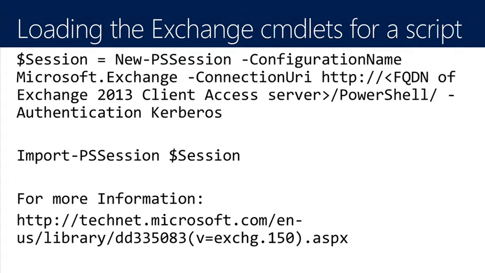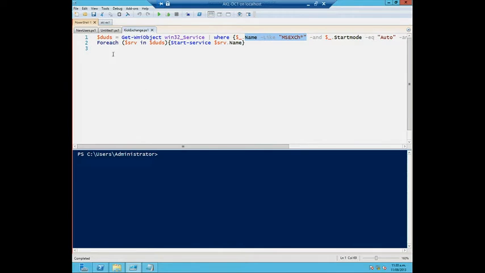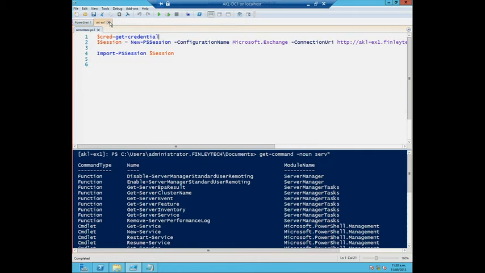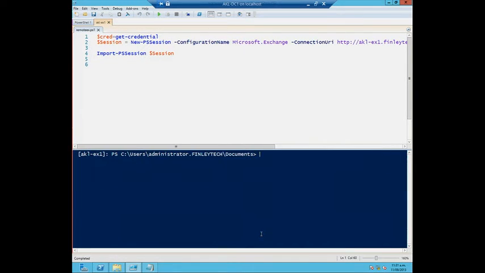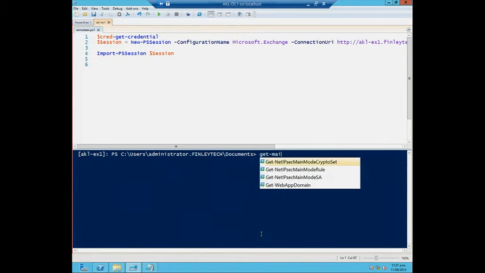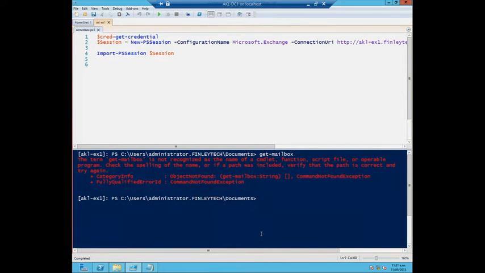And now I'm in there. So we can see that here, if I switch over to, here's my remote PowerShell session. Now remember, this is my remote PowerShell session on that Exchange server. If I try to do get mailbox, it returns, I don't know if you can read it, says the term get mailbox is not recognized as a command, blah, blah. Now note, here's that thing, get credential.